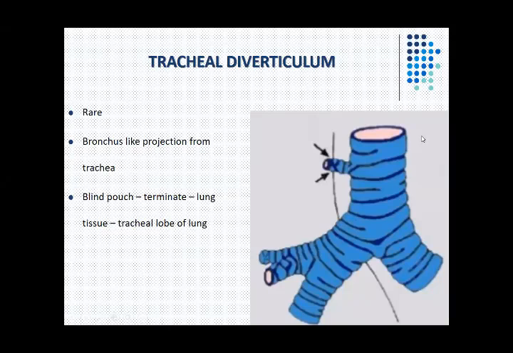Okay, this is interesting। Developing from the trachea is an outgrowth। तो ये outgrowth जो है, this is like bronchus। Bronchus like projection होती है, blind-ended होती है, और इसके surrounding, at times ये होता है कि this is surrounded by normal lung tissue। So it ends in normal lung tissue। ये bronchus like pouch है, blind pouch है, and this is surrounded by lung tissue। Since it arises from the trachea, तो वो जो lung tissue सराउंड कर रहा है इस bronchus को, that is called tracheal lobe of the lung। Tracheal lobe of the lung।